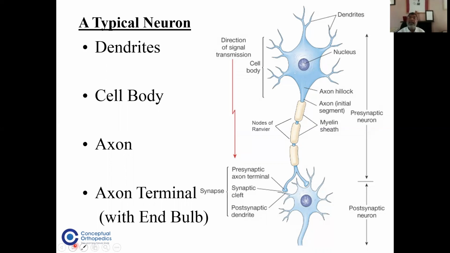and bundles and fascicles held together with this connective tissue. Let's now talk about the physiology of nerve. We finished anatomy. The physiology: a typical neuron